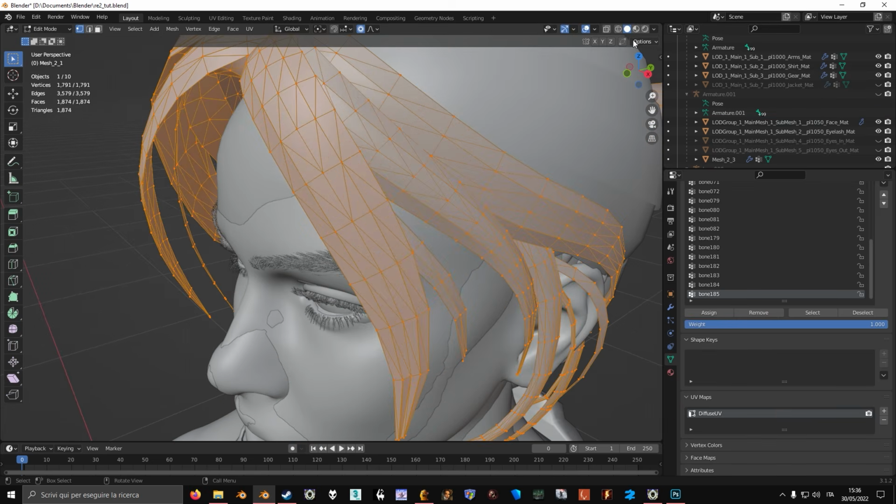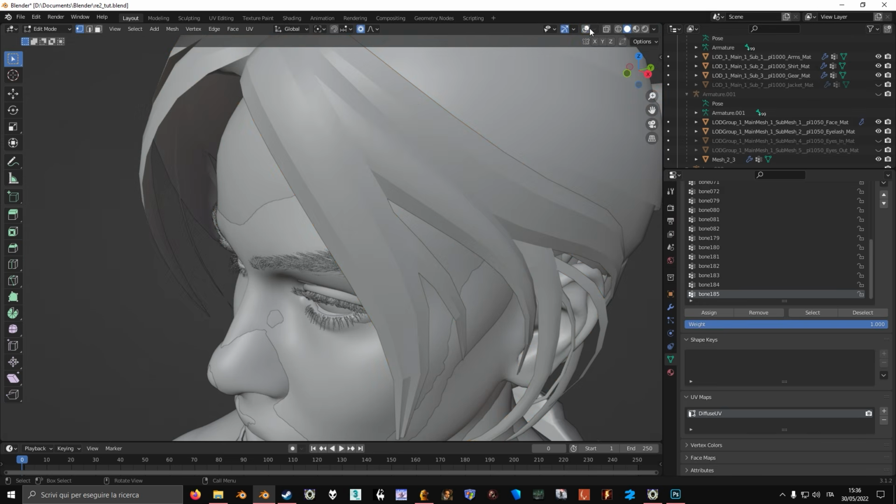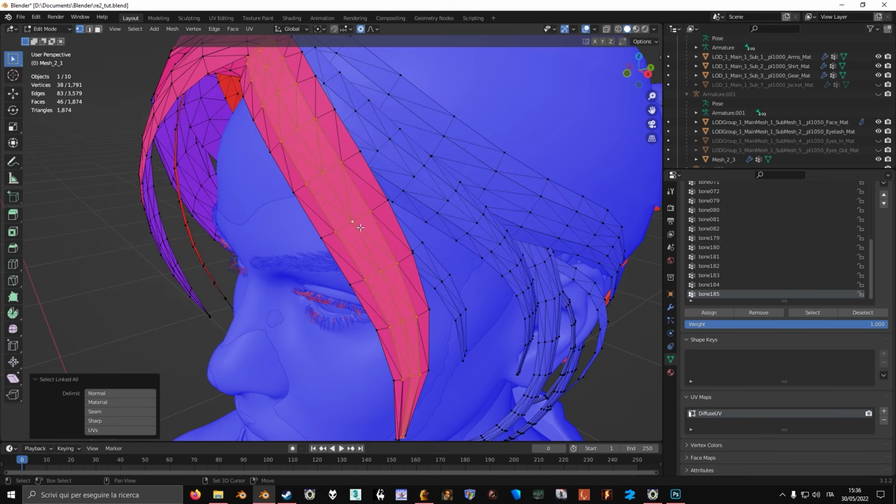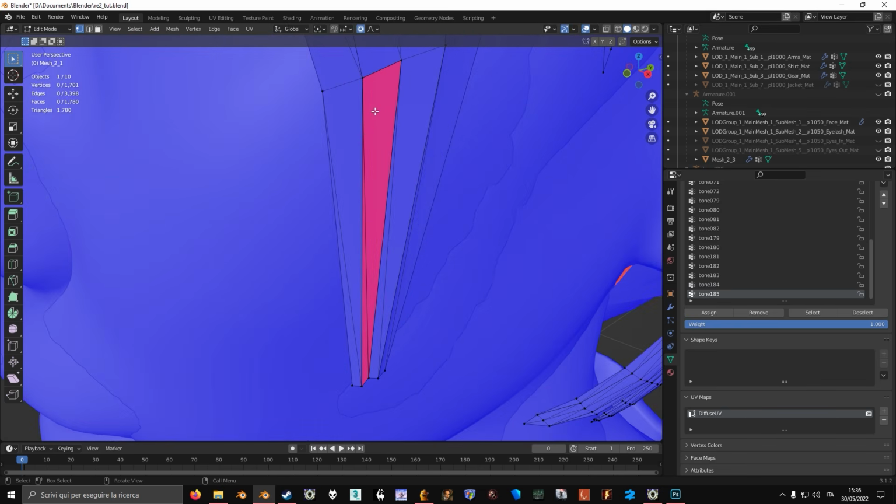Let me also delete these useless double faces because we don't need them. I think probably only in the game, in the original game, since